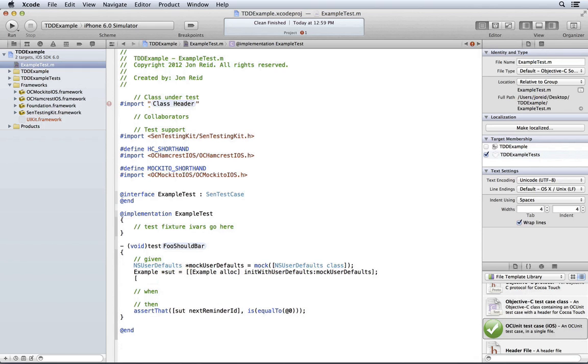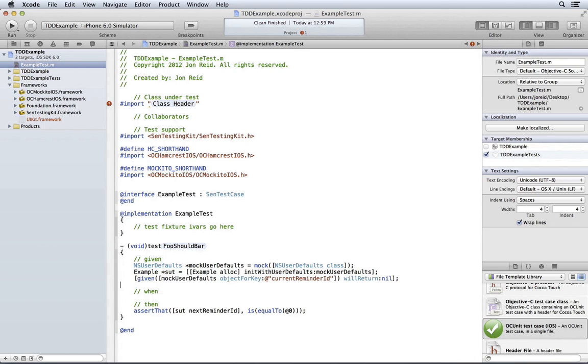And we need to set up the mock to say, given a certain method call that we expect, say mock user defaults object for key of current reminder ID. Given that, it will what? Return nil.